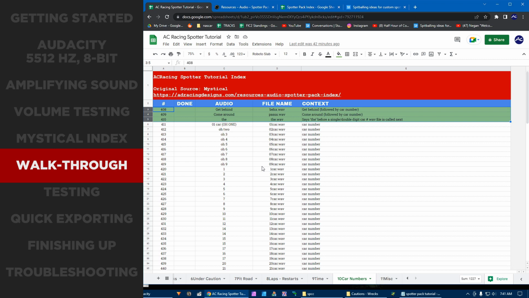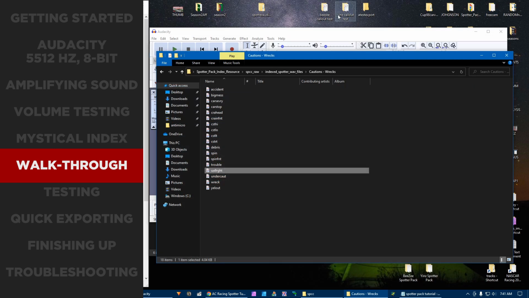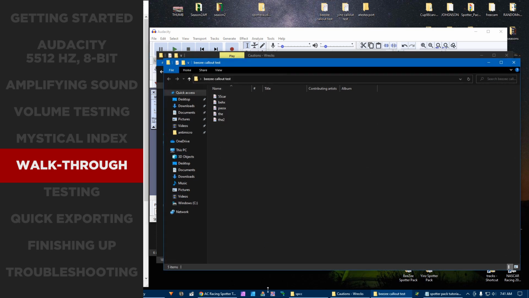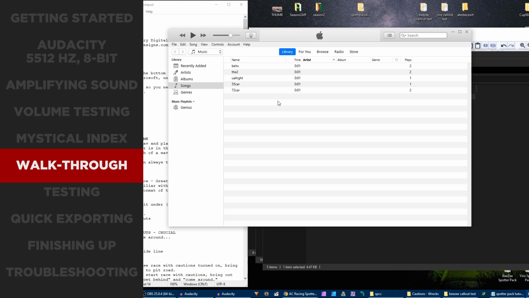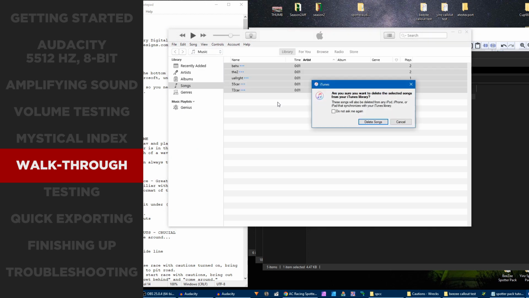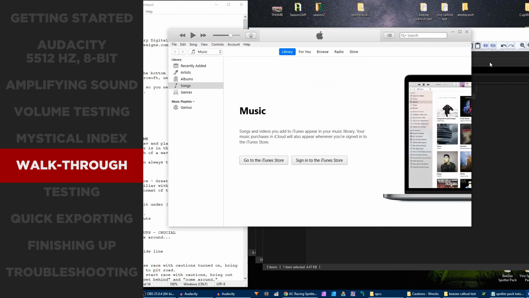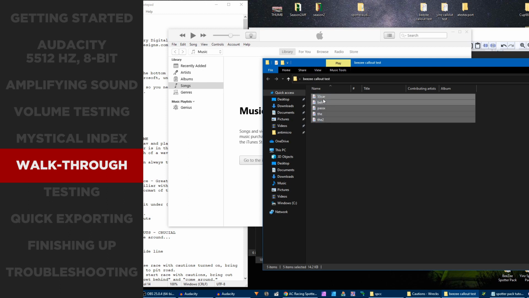There's 2 different ways to tackle it. And in my spotter packs, well, there's probably more than 2 ways to tackle it, but I tackled it 2 ways. In my BZ spotter pack, which I'm going to have to do a couple things here. There you go. We'll get rid of all that right now. In my BZ spotter pack,